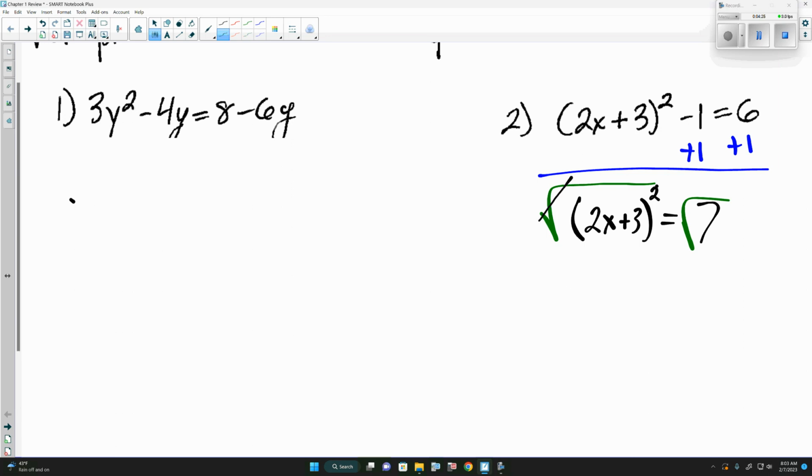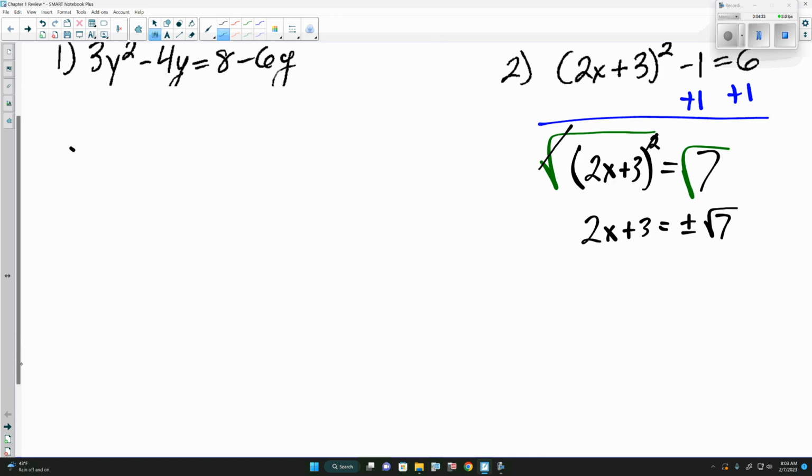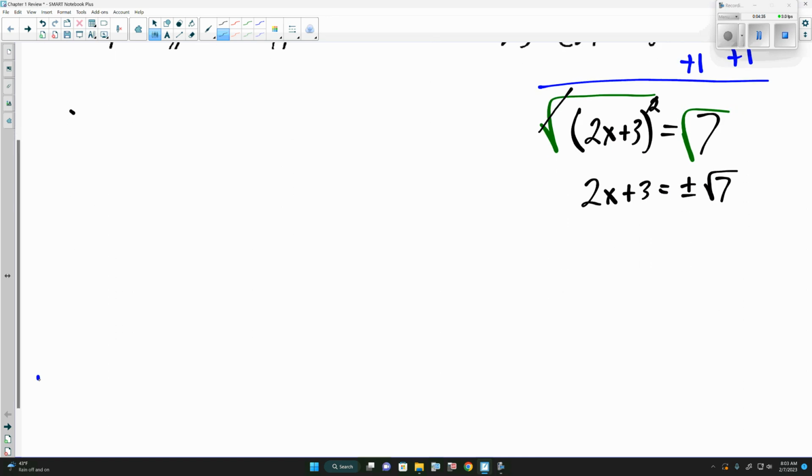And here the square root and square will cancel, telling us that 2x plus 3 is equal to plus or minus the square root of 7. Now we just need to get x by itself. Now the first thing we can do in getting x by itself is to subtract 3 from both sides,